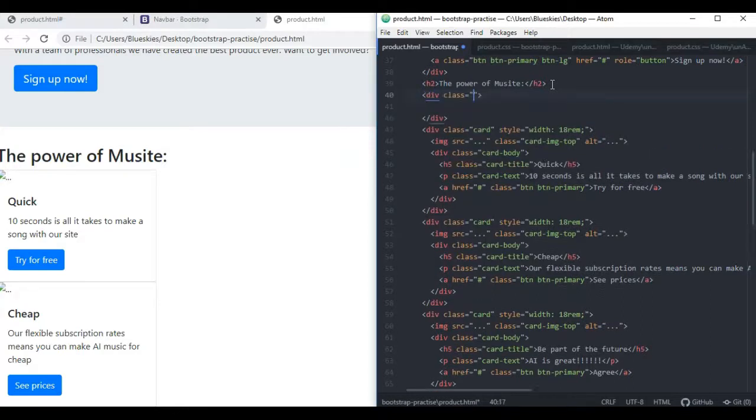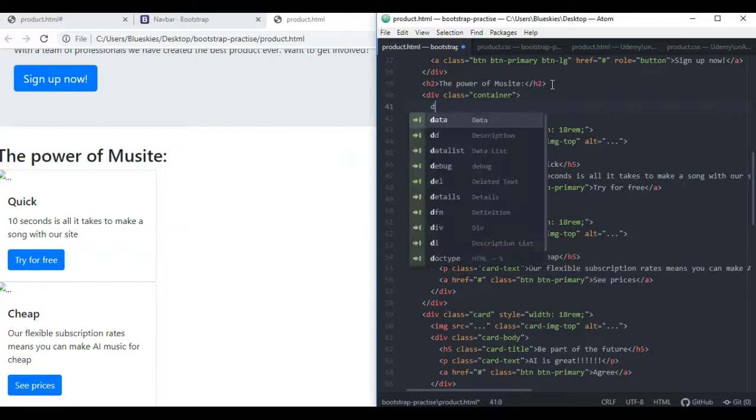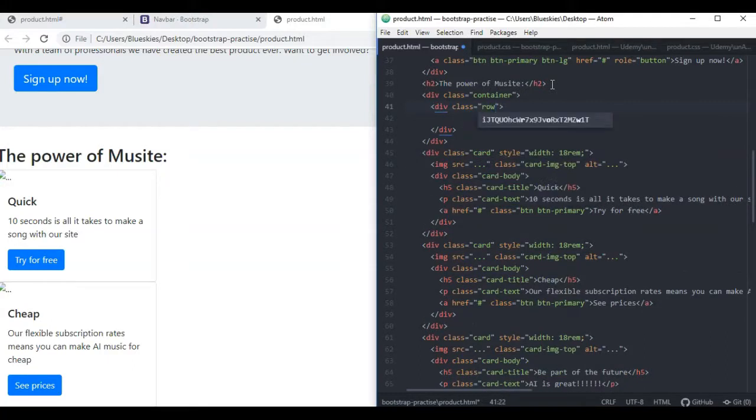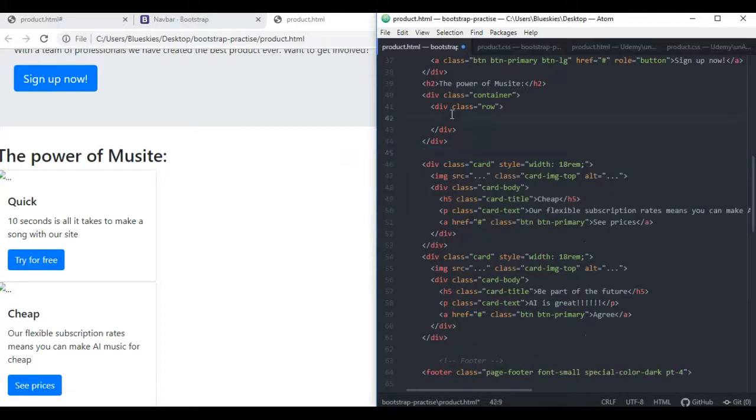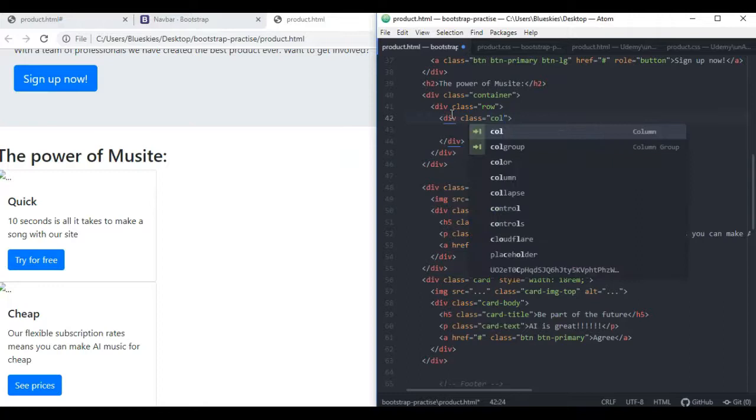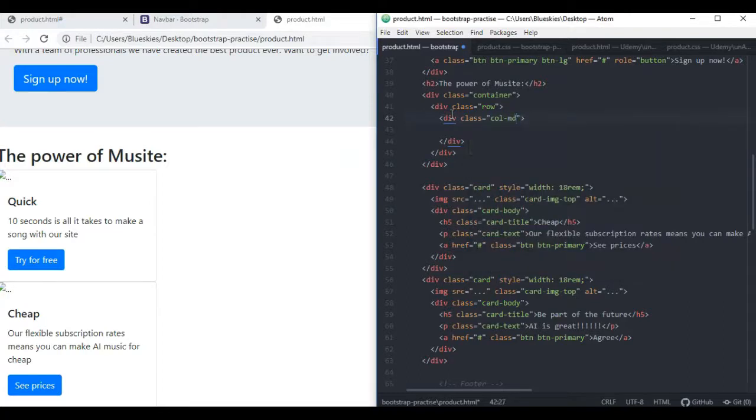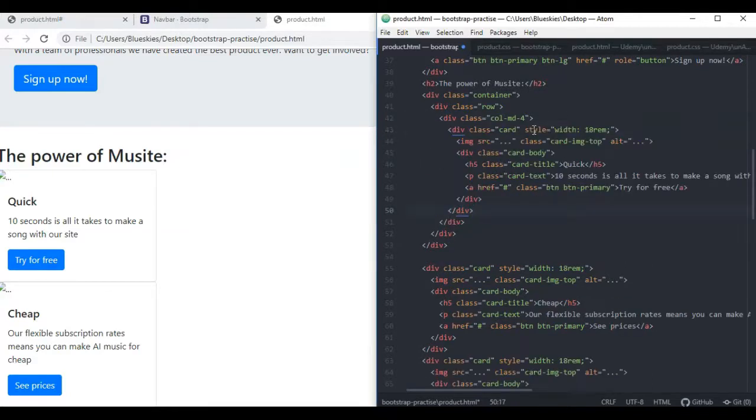So first thing we're going to do is create a div with class container, and then within this we want to create a row. Class equals row, and then we can put one of these, for example. So let's take this one. We just want to create one more div, which is class equals col, then dash, and we want it for a medium-sized screen, let's say, and we want 3 of these cards lined up next to each other. So we do 12 divided by 3, which is 4. So we want this column to cover 4,